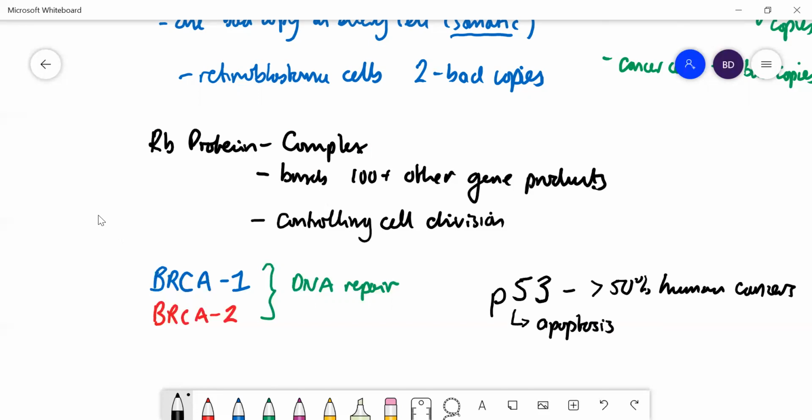So if a tumor does have very badly damaged DNA, proteins like P53 and other ones associated with it, again, it's a very complicated procedure, start a process where the cell kills itself, essentially, and macrophages come in and phagocytose and remove all the debris. So there's a few examples of tumor suppressor genes.